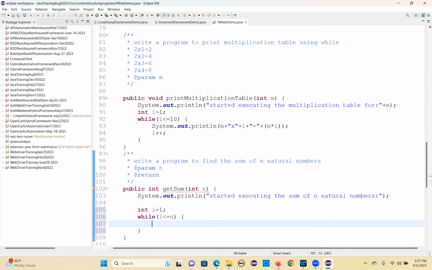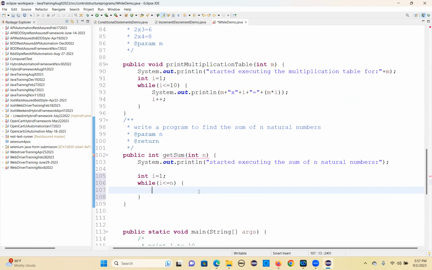So here, every time you have to sum it, right? Initially you declare a variable, int sum equal to 0. Initially we don't have anything in sum. We are going to get the sum. So now you assign the sum value, sum equal to